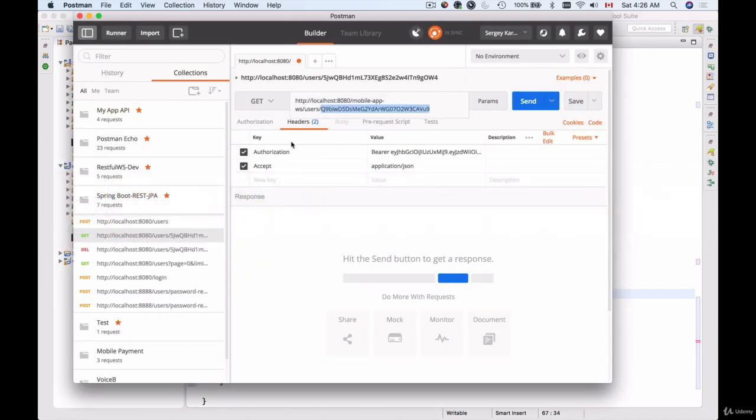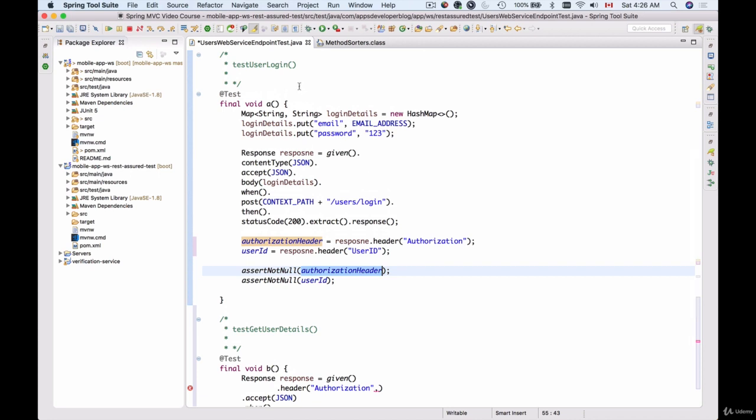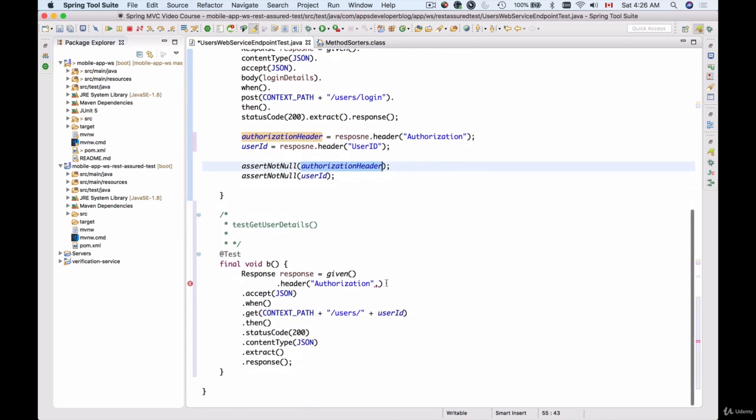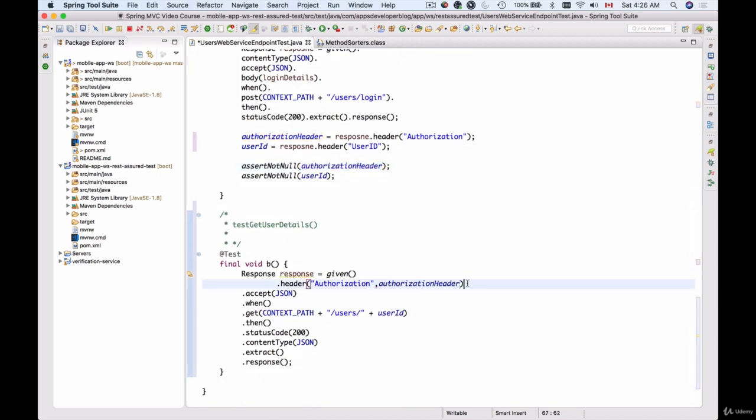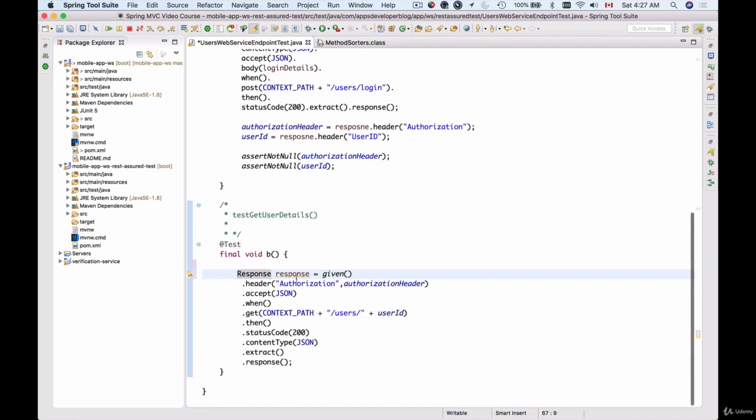Let me switch to a Postman, and so that I don't make a typo, I'll copy it and paste it here. And then I'll provide the value of this authorization header, and I already have it in my login method, the test user login. So I'll take it and paste it here like this. Let me format it a little bit. Okay, so now when I have the request ready and the response received and assigned to my response object,